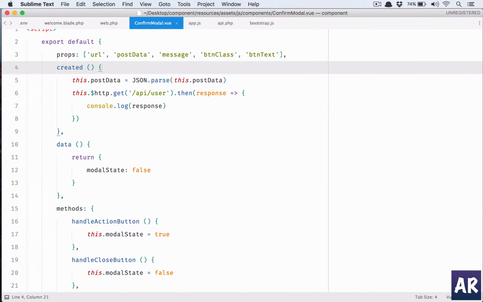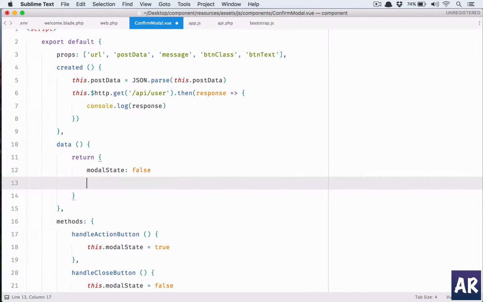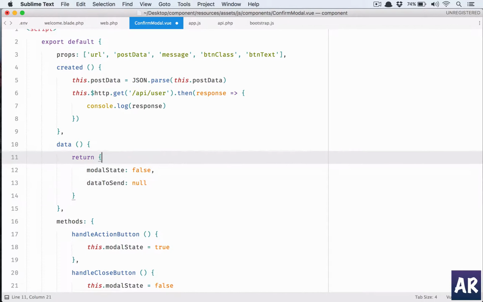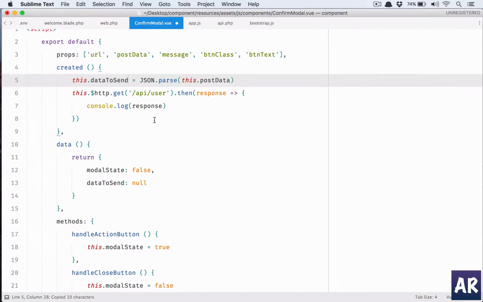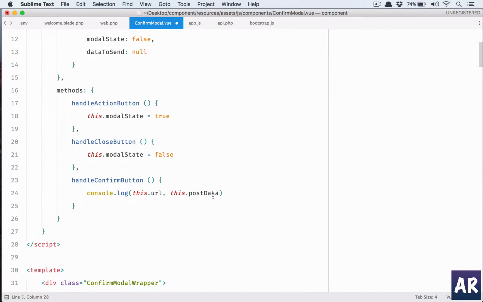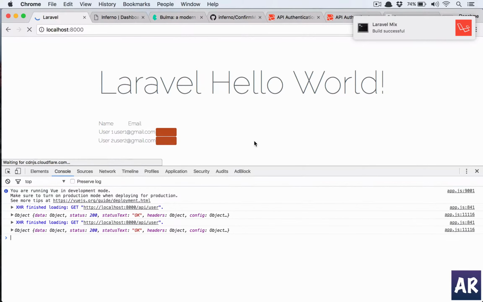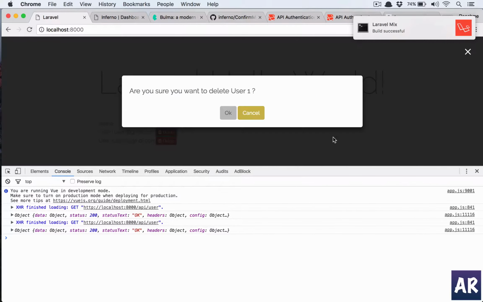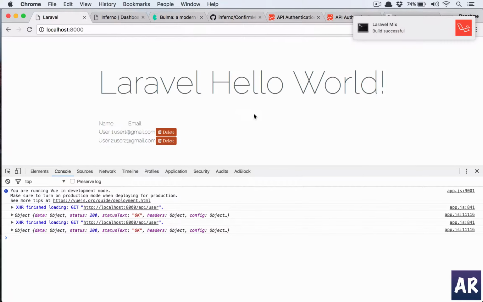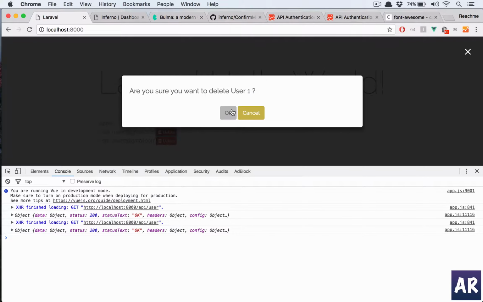So what I'm gonna do is data to send is null, and this I'll change, and I'll send on click this. All right, now it should not complain. So on cancel we are again closing it. On OK we'll get an error, I think. No, we are making a,